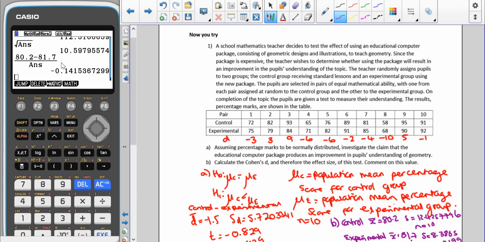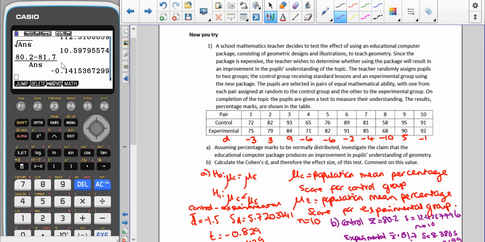So then for part A, which I've done in red here, we're assuming that the percentage marks are normally distributed. Investigate the claim that the educational computer package produces an improvement in pupils' understanding of geometry. So our H0 is that the mean of the control group equals the mean of the experimental group, so mu C equals mu E. And H1 we've got mu C is less than mu E, where mu C is the population mean percentage mark of the control group and mu E is the population mean percentage mark of the experimental